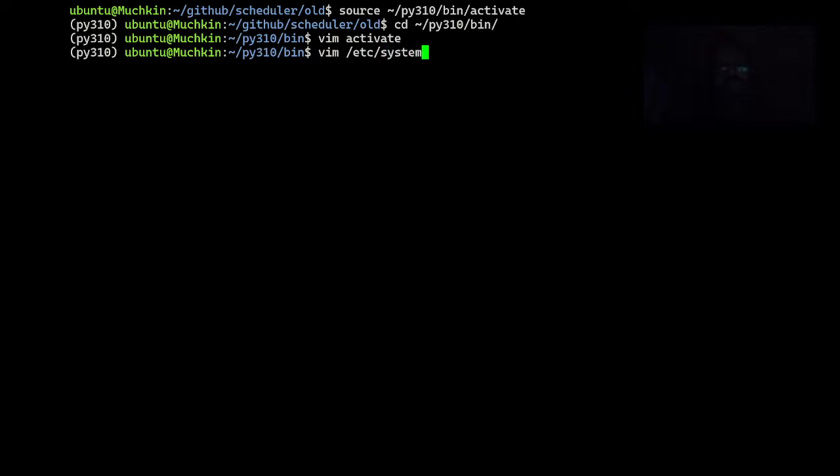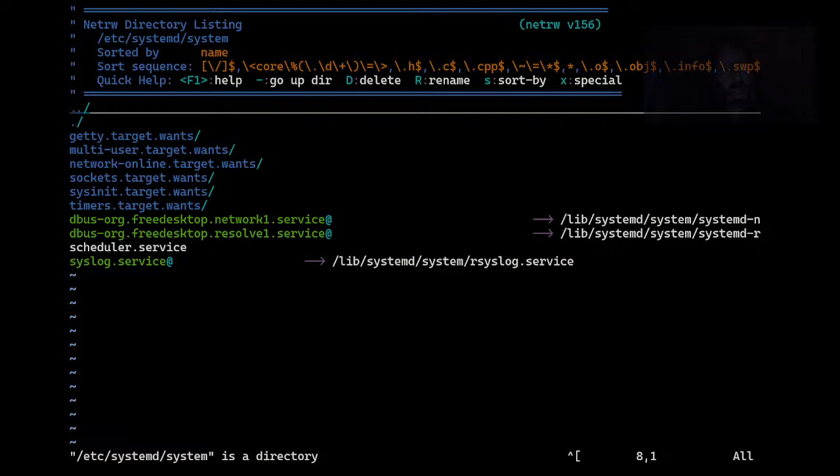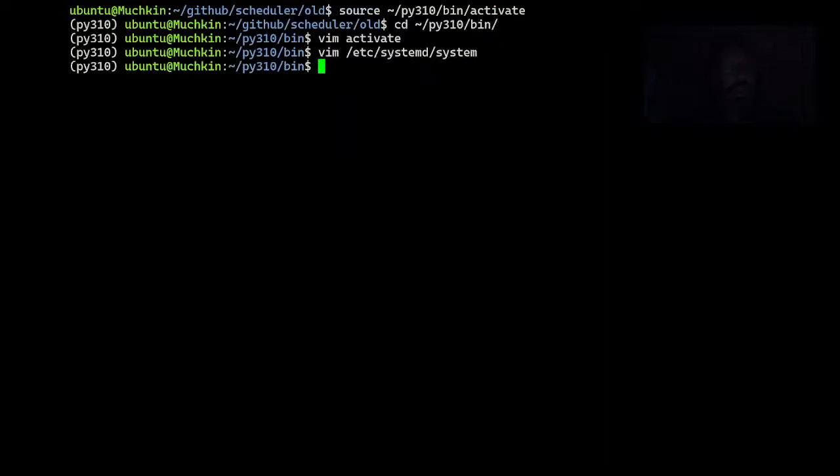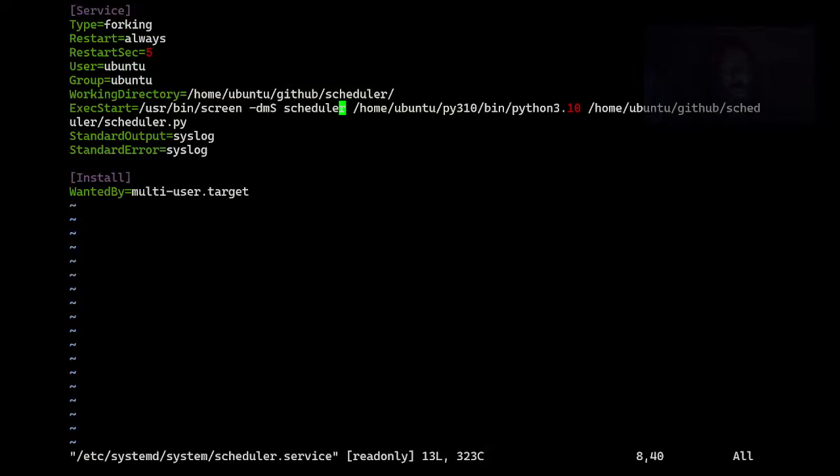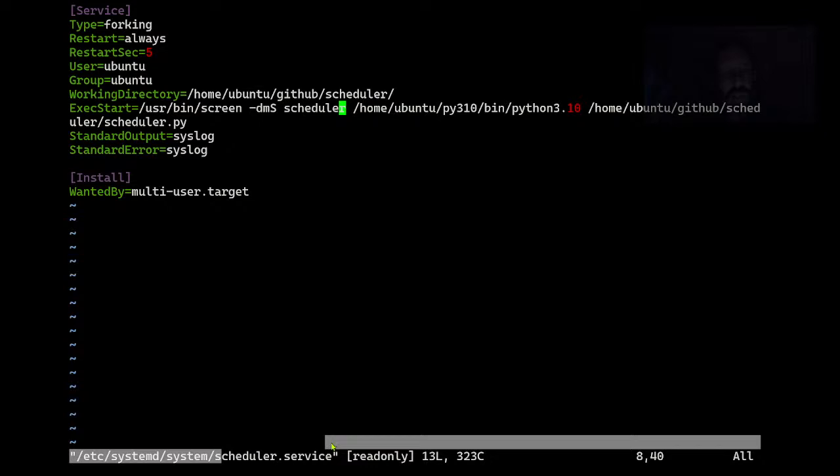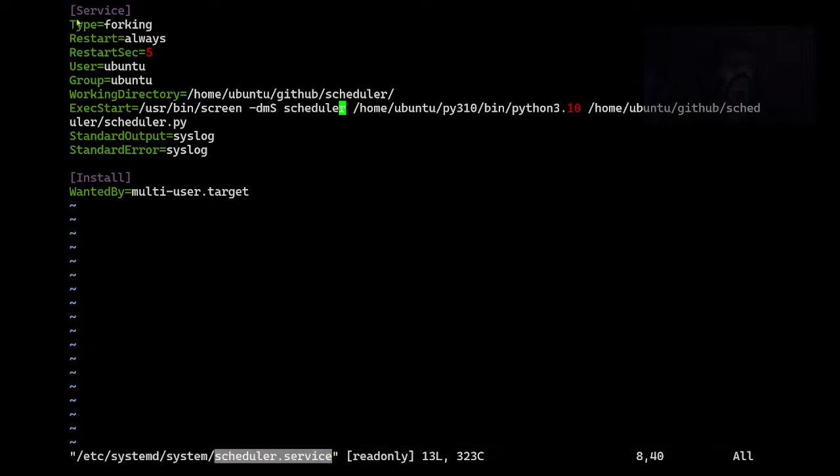There's now something in there called systemd, and inside systemd there's a system directory. Oh, I'm not vimming the directory. It's amazing Vim lets you do that. But inside there you keep your services. Scheduler.service, right? So this file is called scheduler.service, and all that gobbledygook of a bash file gets replaced by this